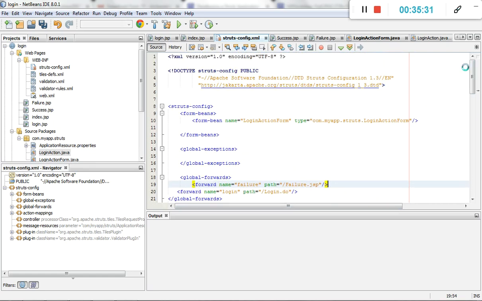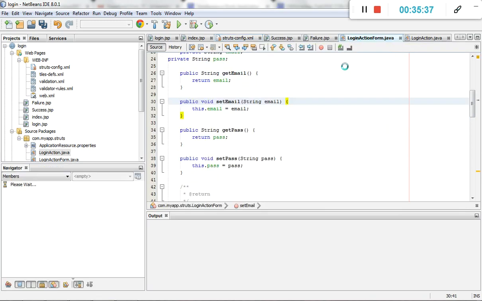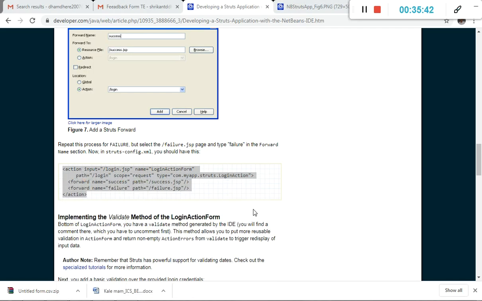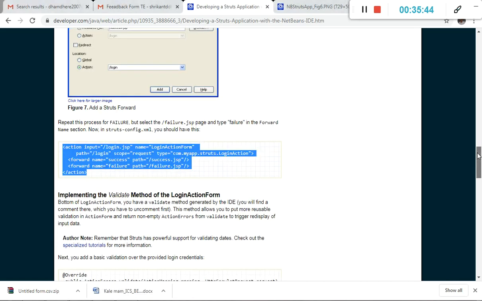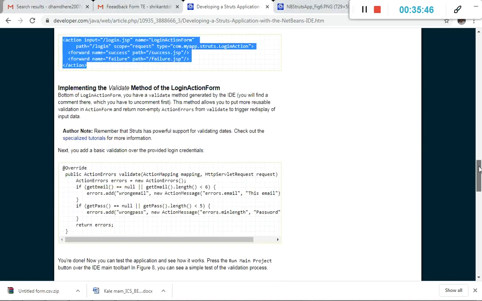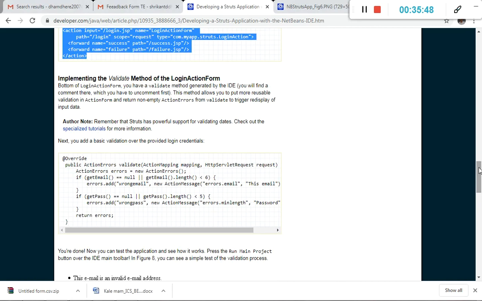Okay, save all files, and implement the validate method of LoginActionForm. At the bottom of LoginActionForm, you have to find the validate method generated by the IDE.